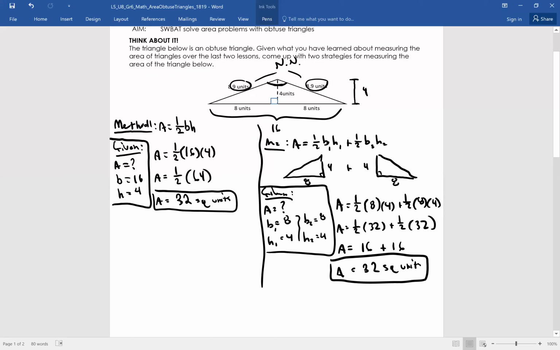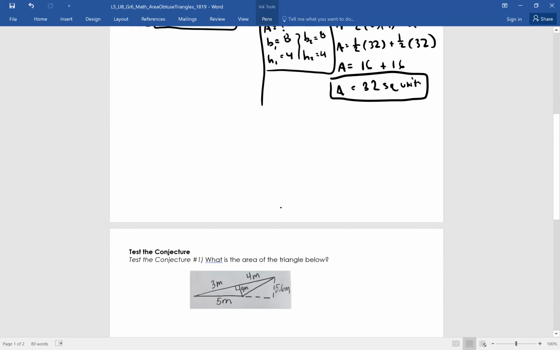So as you can see, we can do the exact same thing that we did yesterday. We're taking our original triangle area formula, and we're using it for an obtuse triangle. The previous lesson, we used it for an acute triangle, and now we're using it for an obtuse triangle. So we can go ahead and figure out the